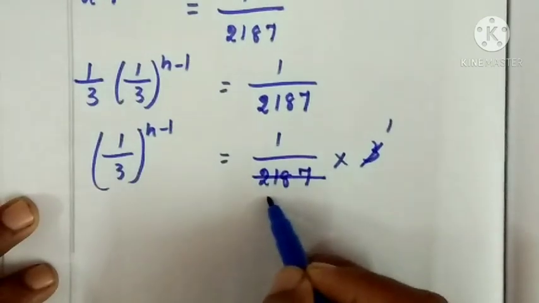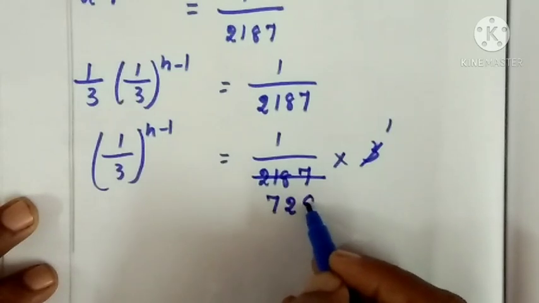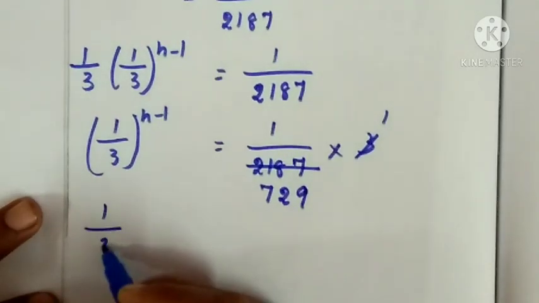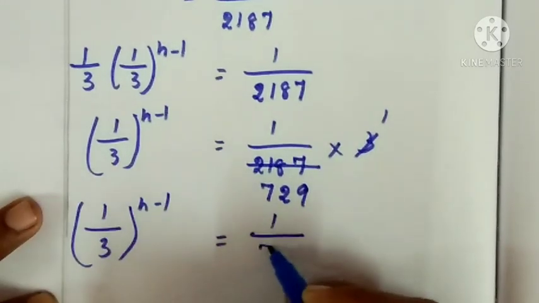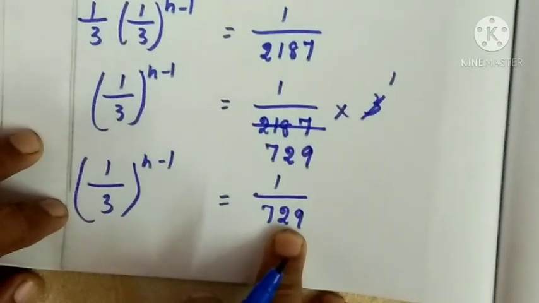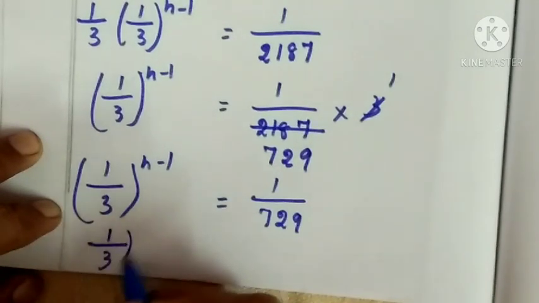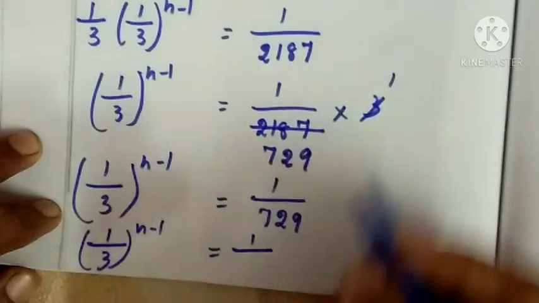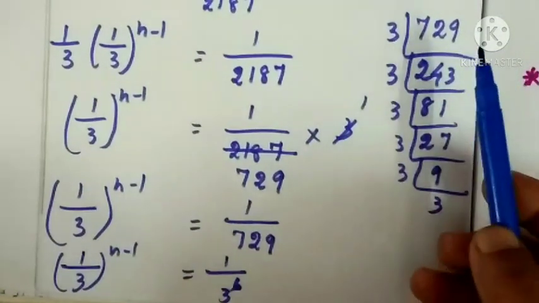Now you have to cancel this by the 3 table. 1 3 is 3, 7 3s are 21, 2 3s are 6, remainder 2, 9 3s are 27. That is 1 by 3 the whole power n minus 1 is equal to 1 by 729. To change 729 into a power of 3, that is 1 by 3 the whole power n minus 1 is equal to 1 by, apply L-shape division for this number,